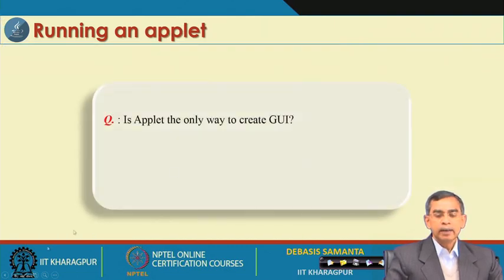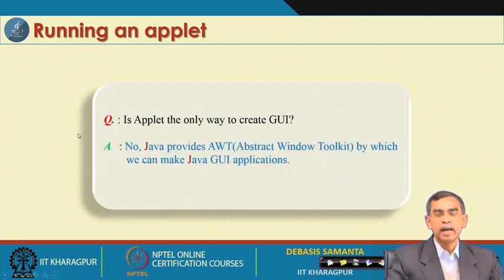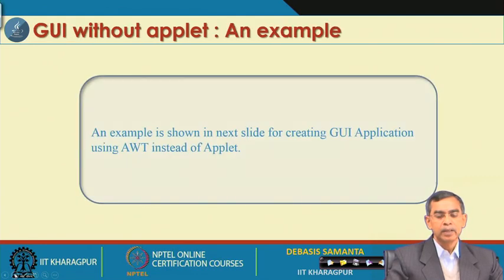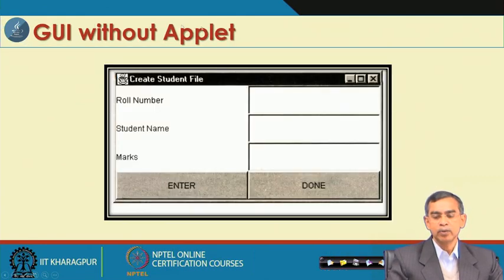Another question is: is the applet the only way to create a graphical user interface, or are there many other ways? In our next discussion, we will discuss the AWT, the Abstract Windowing Toolkit, which allows us to include our code. Regarding this toolkit we will discuss everything in detail. In your program you can write one application that looks like an applet, though it is not actually an applet.